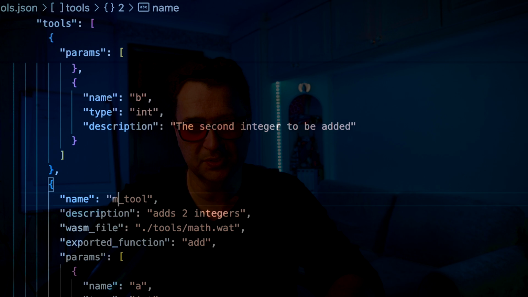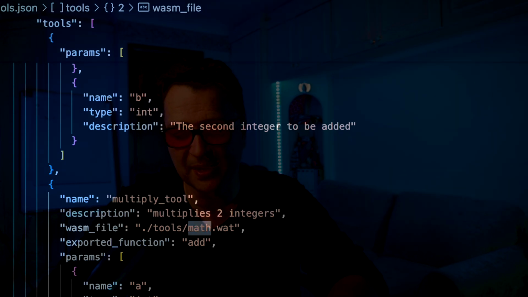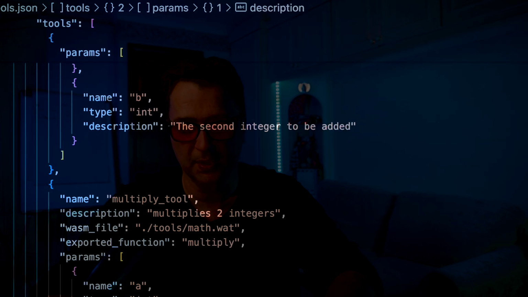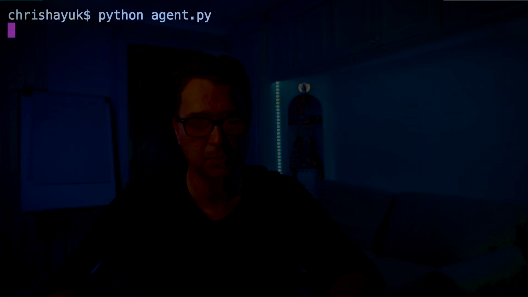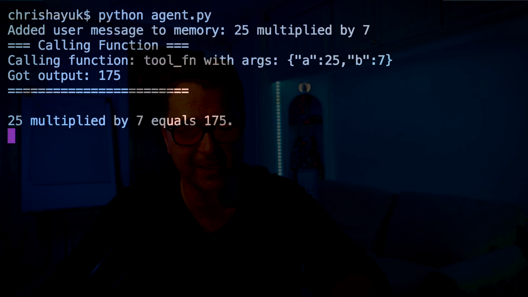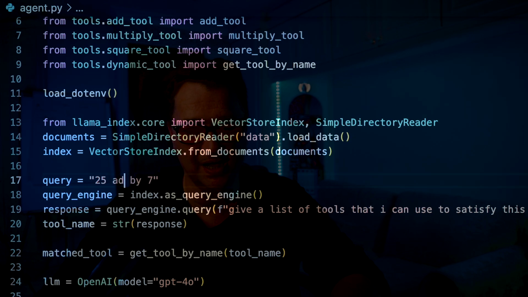We'll say multiply tool multiplies two integers. It's using the same math.wat because it's already in there. We'll change it from add to multiply. We'll clear this, run this one more time, and it should be able to multiply the two numbers together. And then you see 25 multiplied by 7 equals 175. And of course, if I come back to this agent, add 25 to 7, save this, and it came back with 32. So now I have a completely dynamic